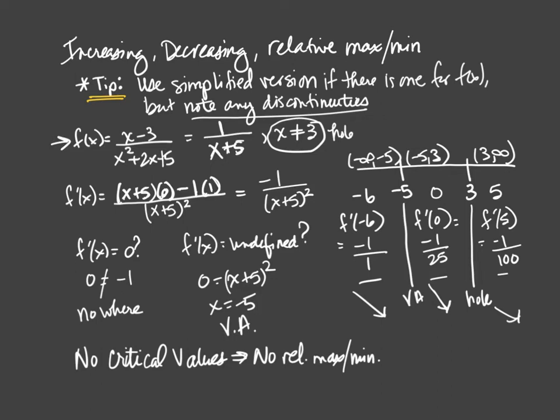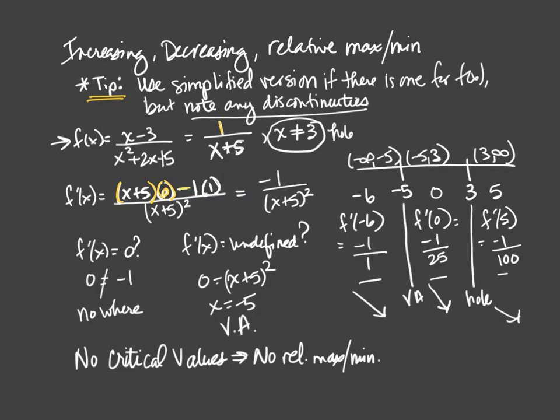But always remember where we have a hole, right? So we're always going to carry with us, yeah, we're going to use 1 over x plus 5, but we have to remember that we can't let x equal 3. So I'm doing the derivative, so I'm using the quotient rule: a little bottom d top minus top d bottom over bottom squared. So x plus 5 is the bottom times the derivative of the top. 1 is the top, the numerator, and its derivative is 0.